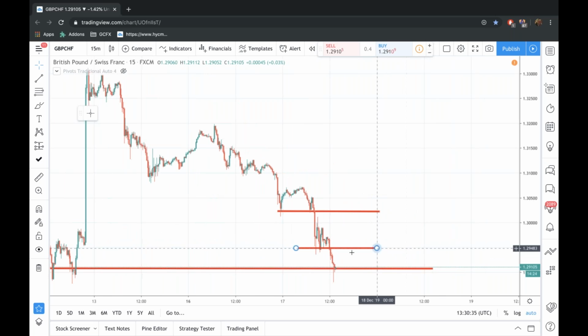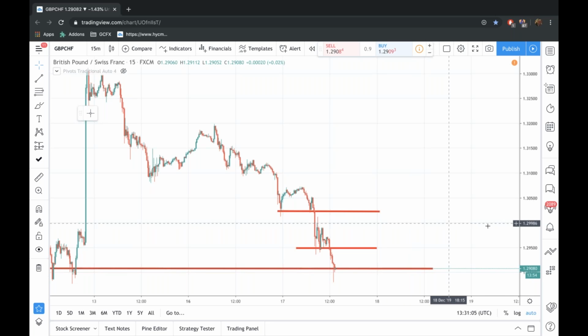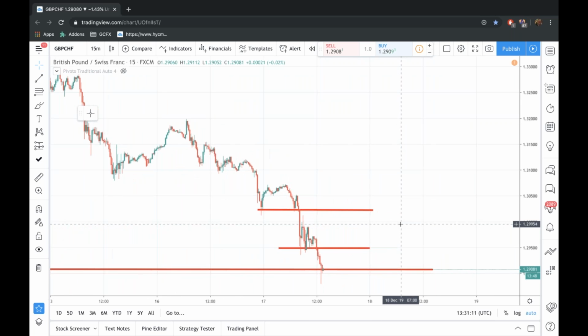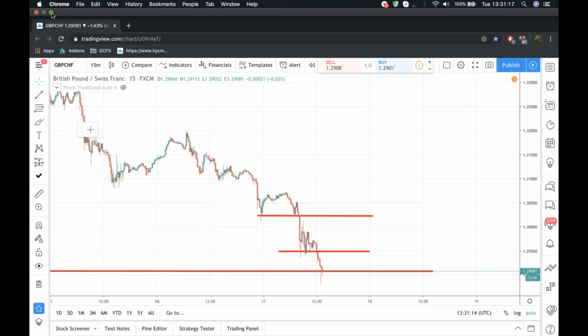So this is the place to look for retracements. That is a pivot point. We know there's a pivot point down here, so price may well bounce between those two pivot points. But if we get a deep retracement back up to there, the thing to look at is why price has retraced that far, what's driving it, and if there's no driver for it, if the situation is still the same, then potentially a good place to short. You've also got that 1.300, so I would consider that 1.300 level as a good potential place to short as well. That's definitely something to keep an eye on going ahead into the next session.